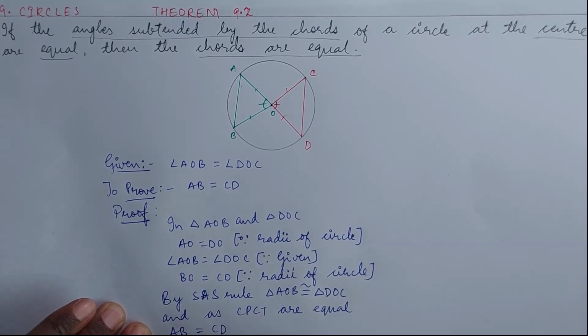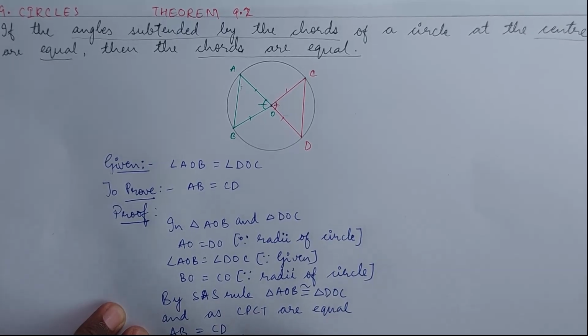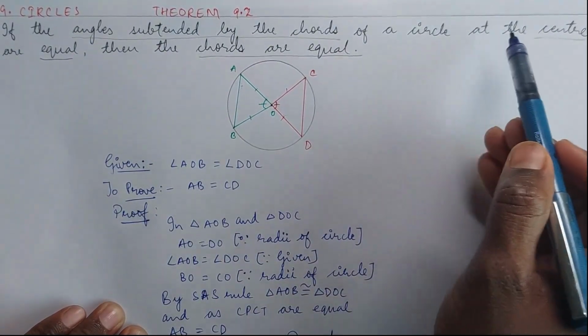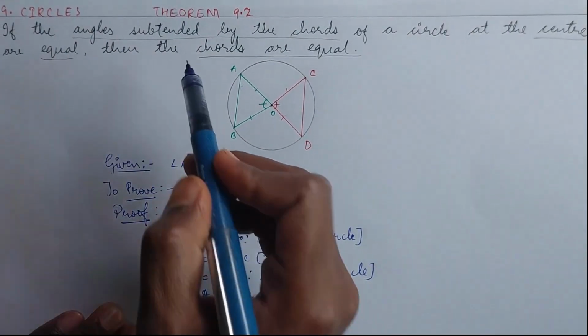DC and CD are the same thing. AB equals CD. Hence proved